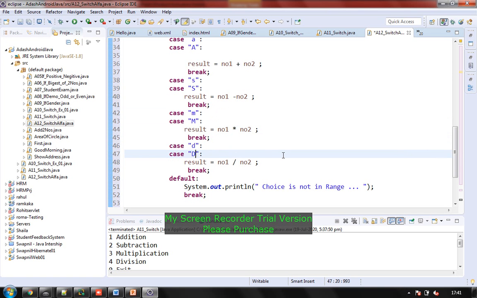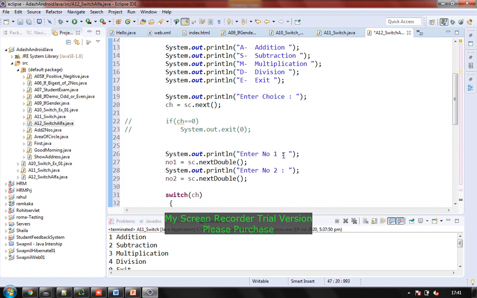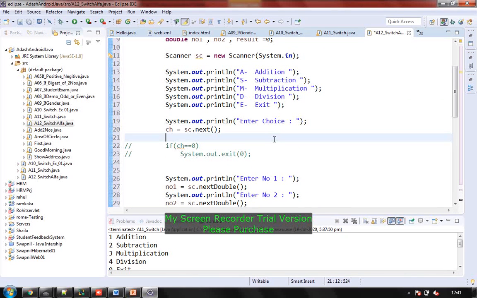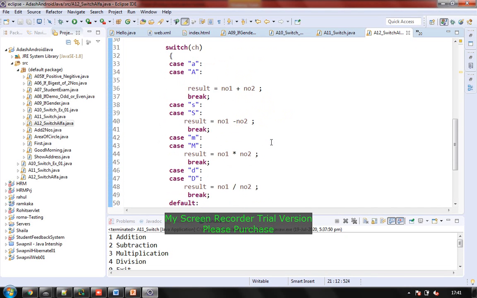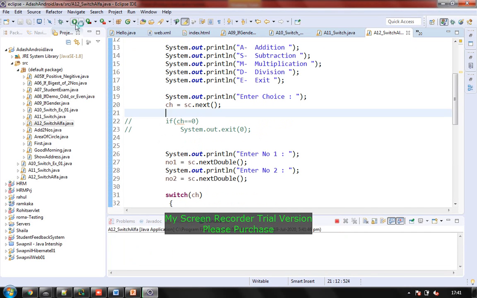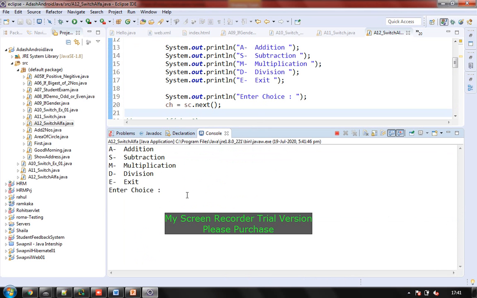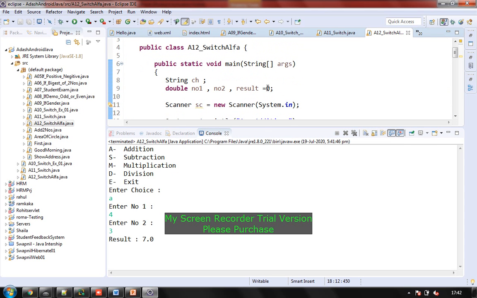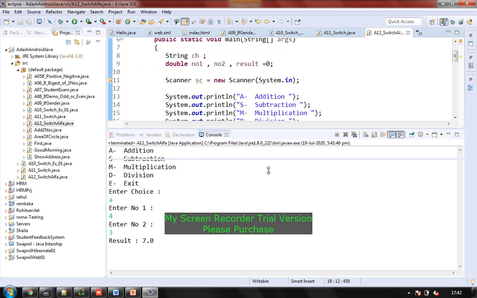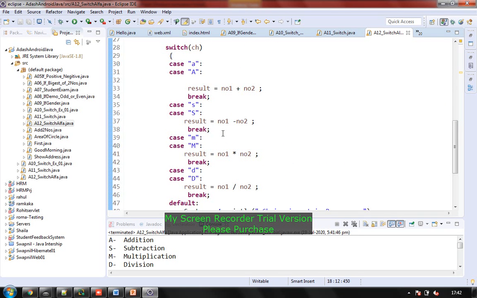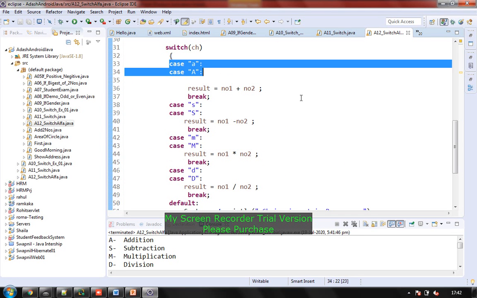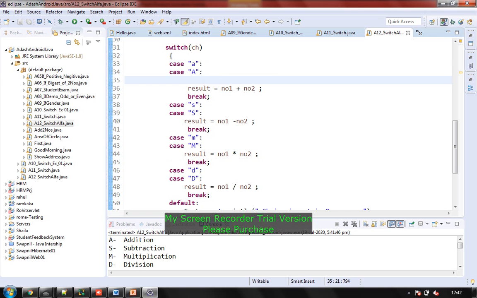So input can be anything now. So we are going to check it out by changing our character input. We are going to check whether it is working or not. So we are here, we are going to run this. So it's running. I'm saying choice, I'm saying small a, and entering the first and second values. So it is printing 7. Yeah, it's working. That means what I wanted to explain to you is that the switch statement is very powerful in Java. It works with numbers also, it works with decimals also, it works with strings also. Fine. This is all. Thank you.